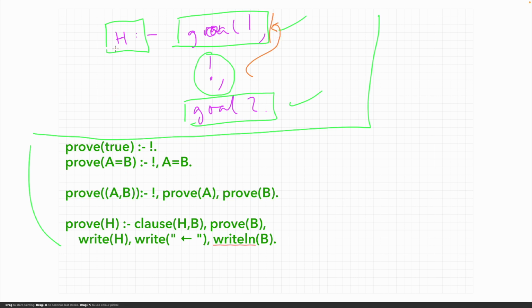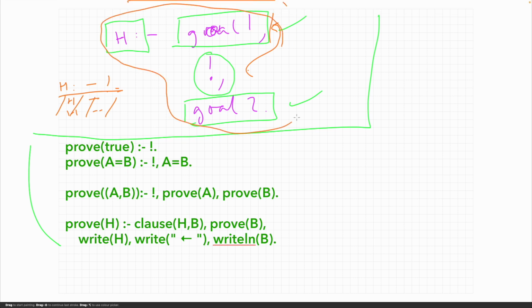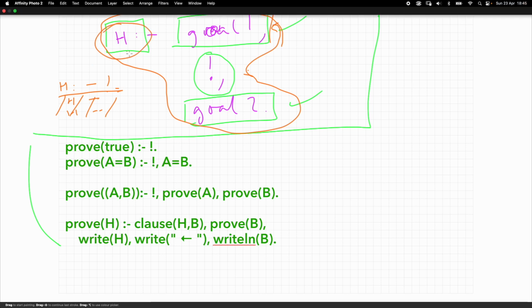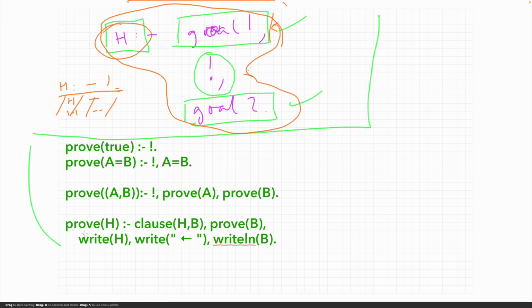And if there were, for example, multiple rules, H, H, H, and there's a cut here, we don't want it to try any of the other ones. So the effect of this cut affects the entirety of the evaluation of H. Over here in the meta interpreter code,